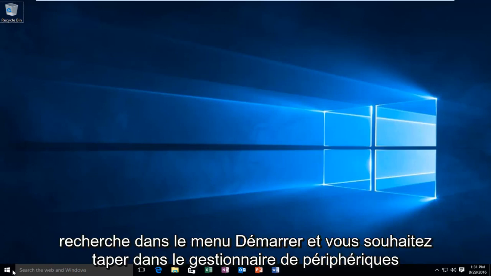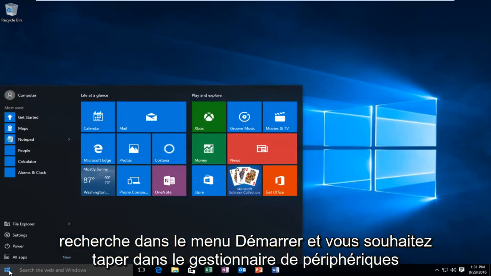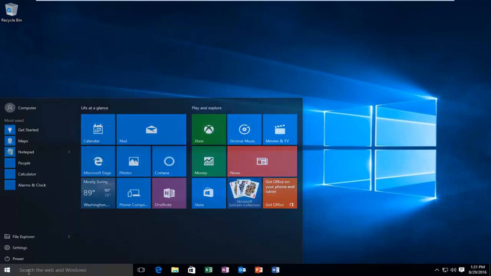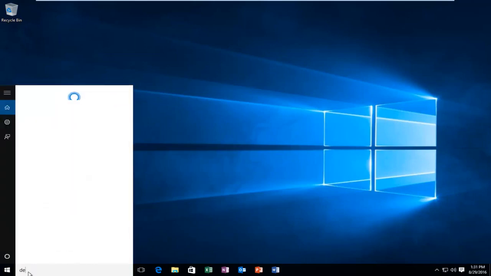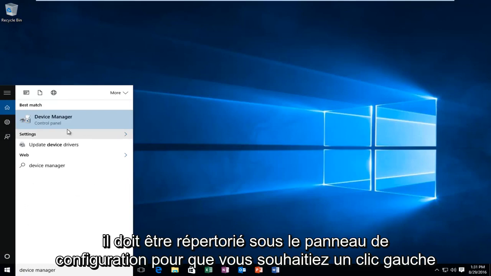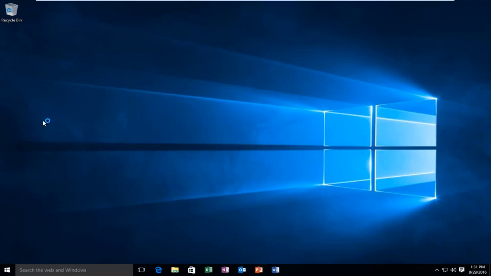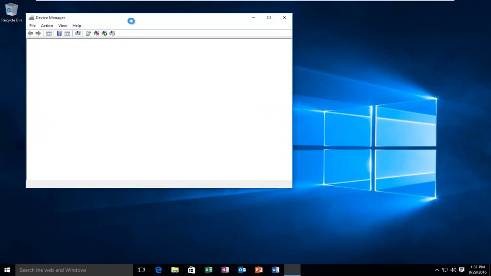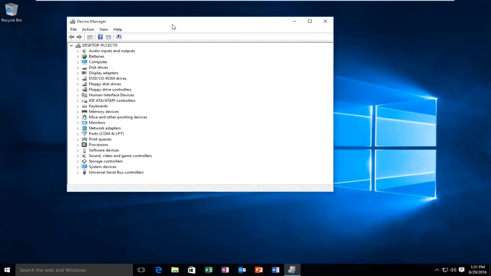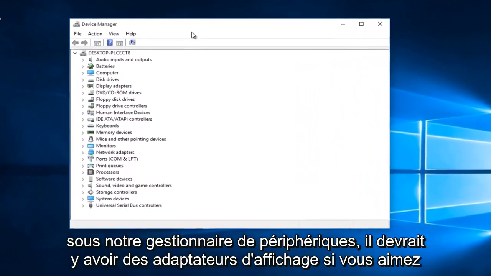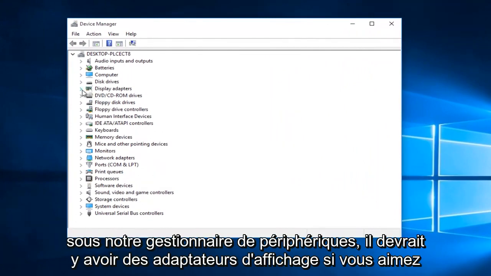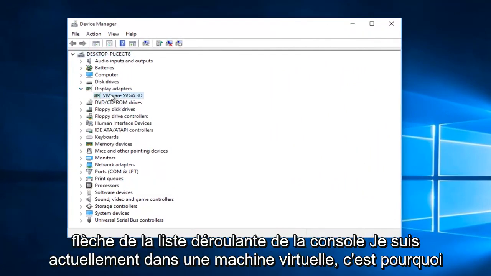So the first place I would go to is search on the start menu, and you want to type in device manager. It should be listed underneath the control panel, so you want to left click on that. Underneath our device manager, there should be display adapters. If you left click on this little drop down arrow, I'm currently in a virtual machine, so that's why it's